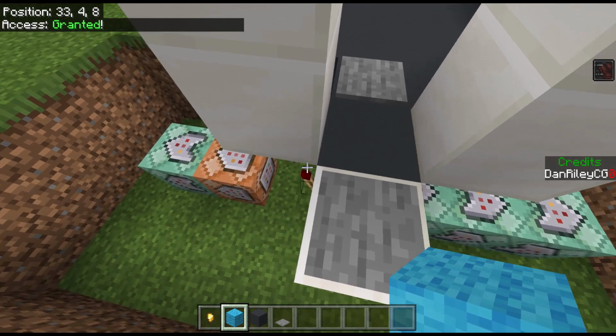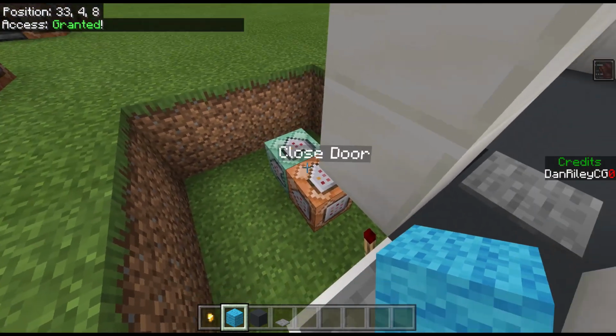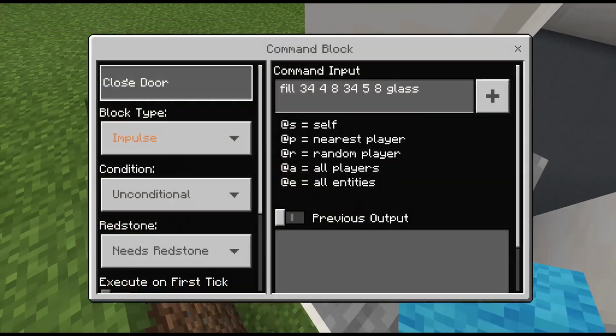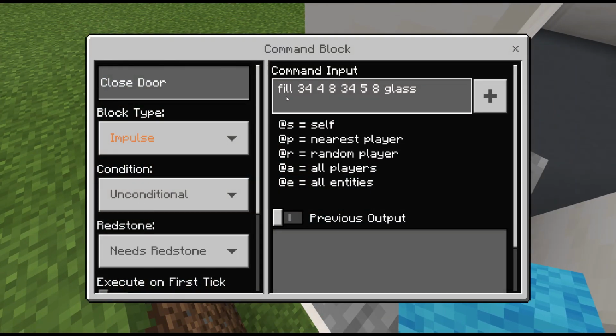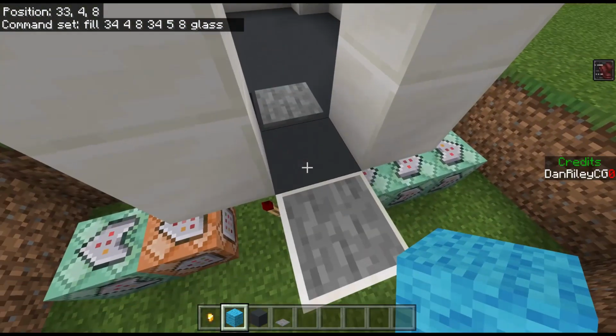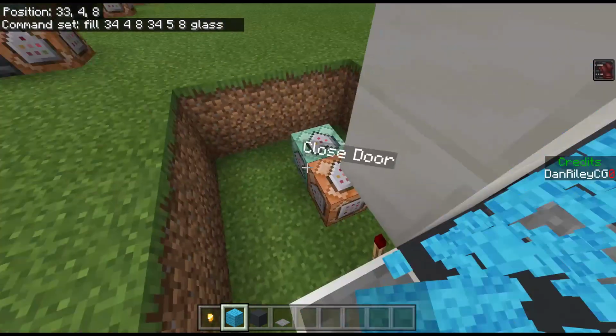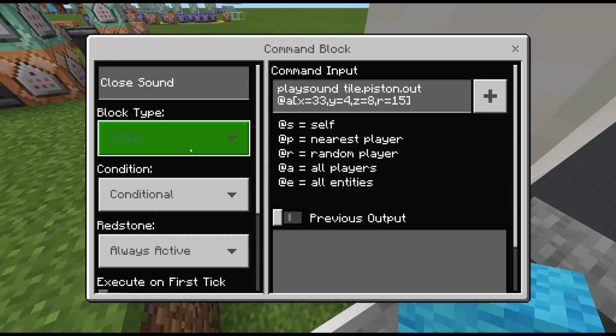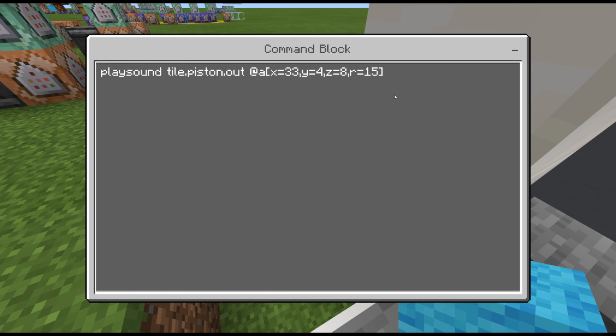See that? So this is our command that closes the door. This command right here, right next to this redstone torch, is impulse, unconditional, needs redstone, and fill location glass. So that's the two coordinates right here. So boom, boom, turns to glass. That closes the door. And then here we have the closing door sound, chain, conditional, always active, and again sound,